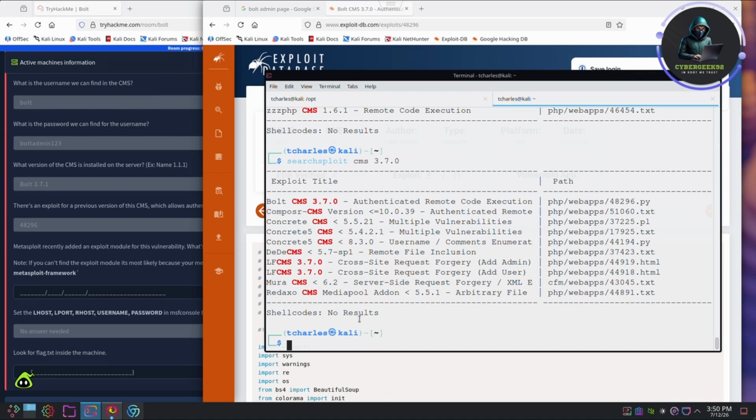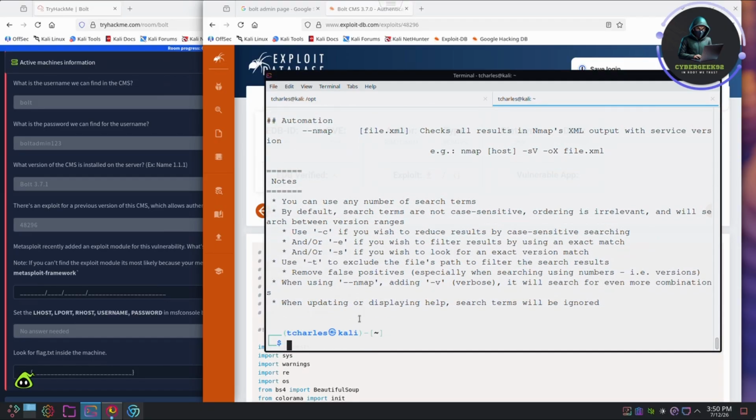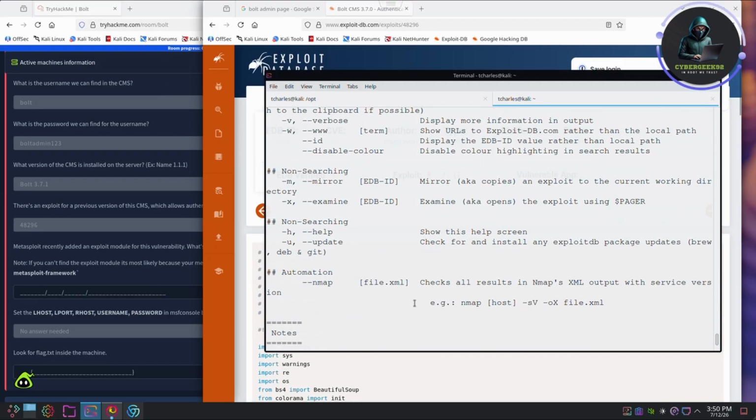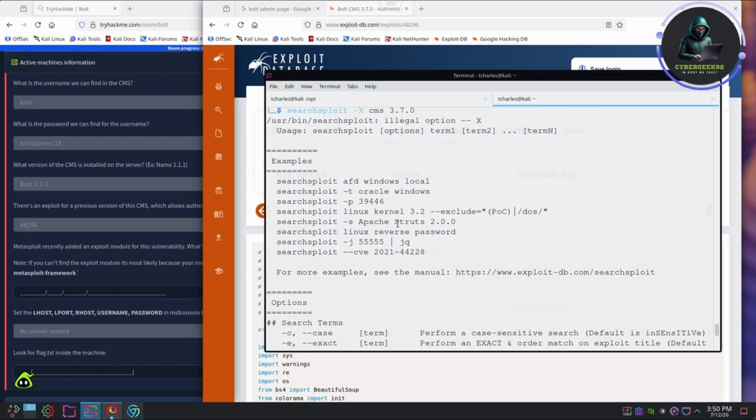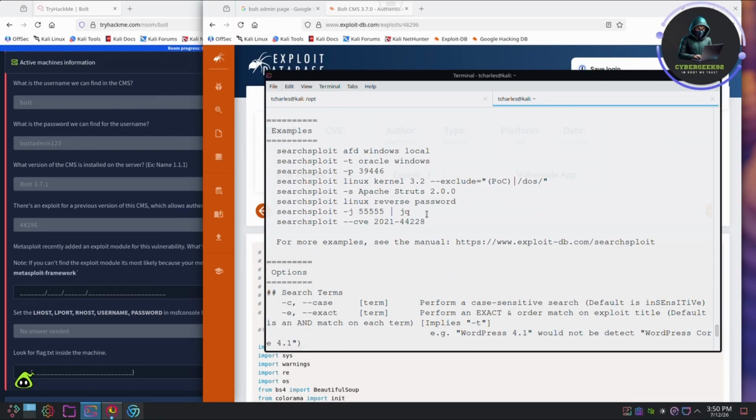I forgot how you can read. Is it dash X? I forgot how to read the exploit, to be honest. I forgot how to read it, but probably not that dash X. It's been a while since I used that,